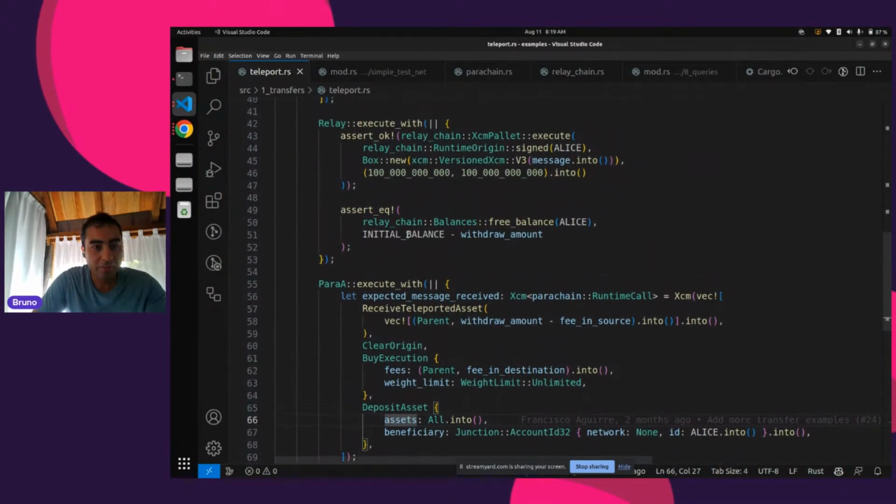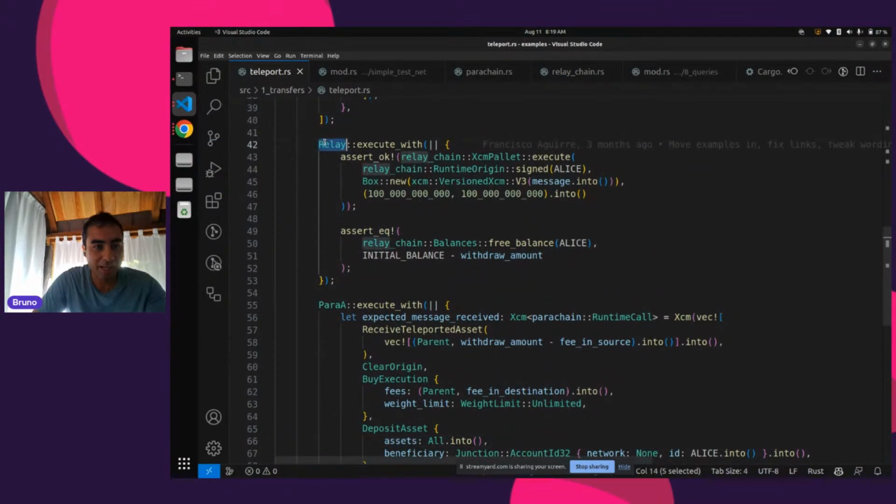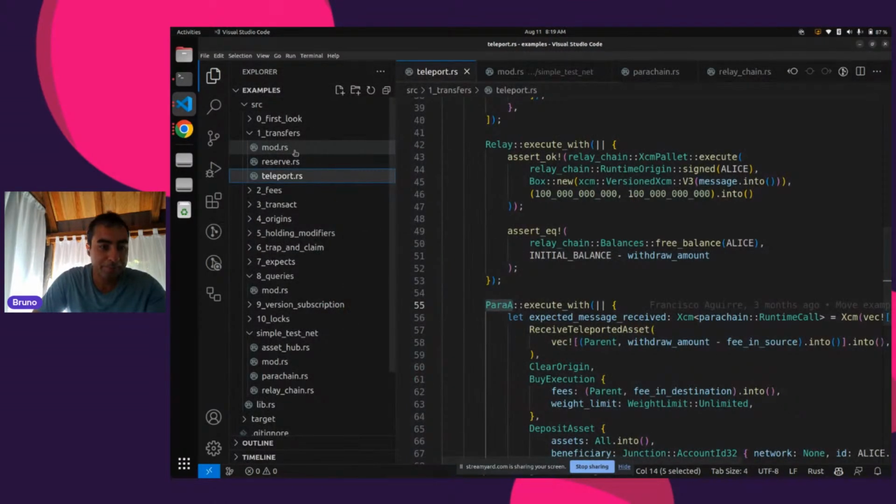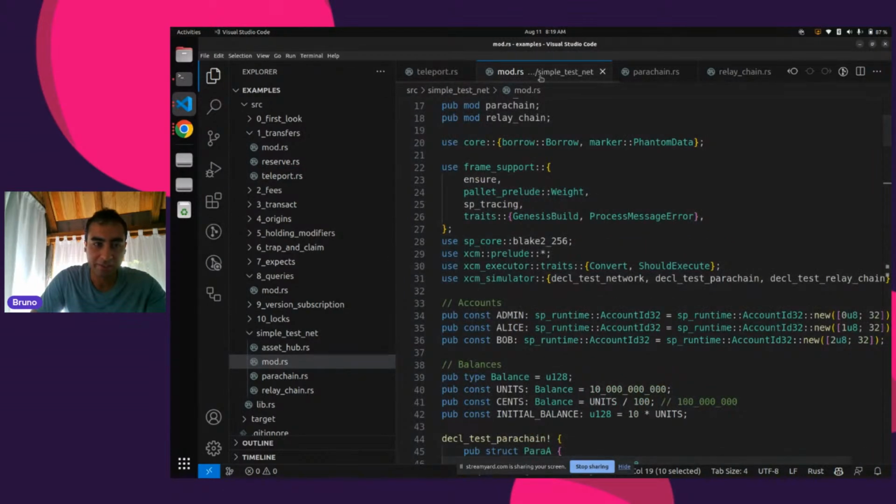So far, I mentioned that you can have a mock of the relay, you can have a mock of the parachain, right? And I've mentioned that you could have several parachains. So in this repo, there's also a folder called Simple Testnet. This is the folder where we set up the test network, the mock test network. And if I open the mod.rs file there,